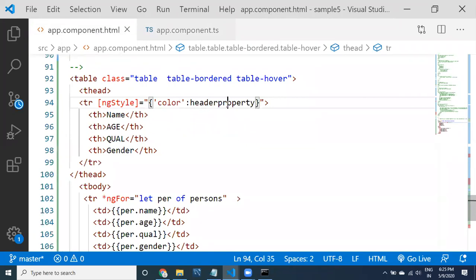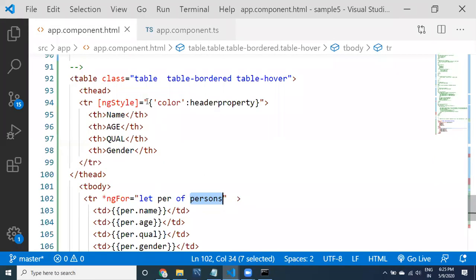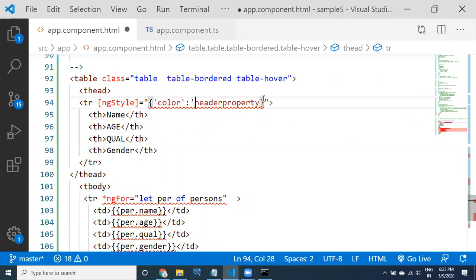When you are providing a property, make sure that you don't provide single quotes, meaning that this is a property. See here guys, here also we are not providing single quotes. These are the properties. The double quotes are the main thing, where we can write our code. Inside that, don't provide single quotes. If you are not providing single quotes, that means it is a property. If you provide a single quote, it means this is a string, and that string is directly going to get assigned to this one.